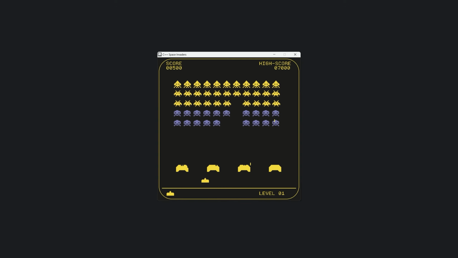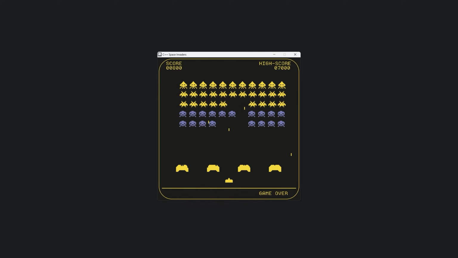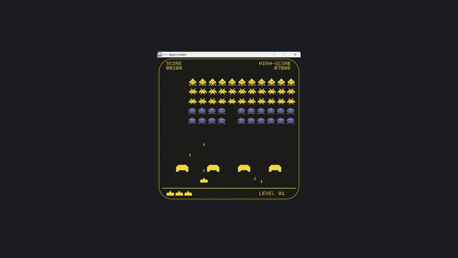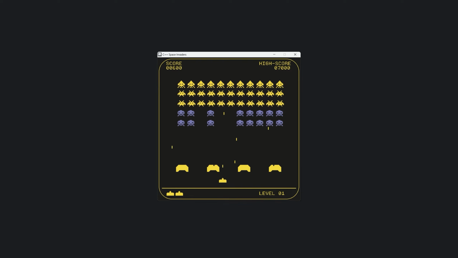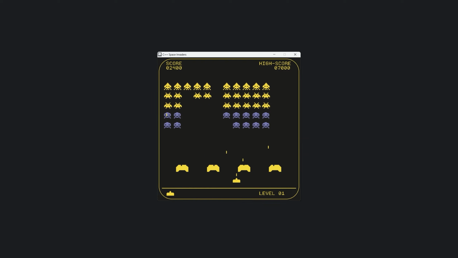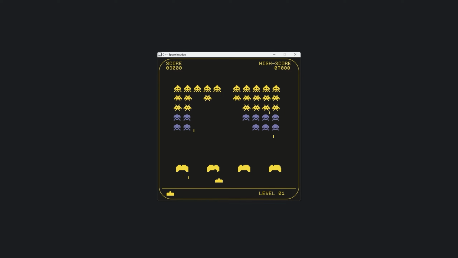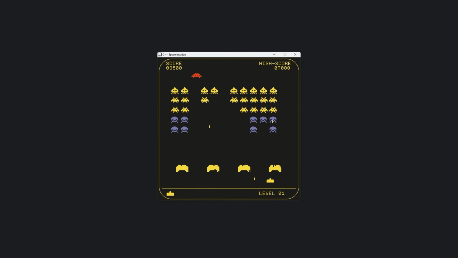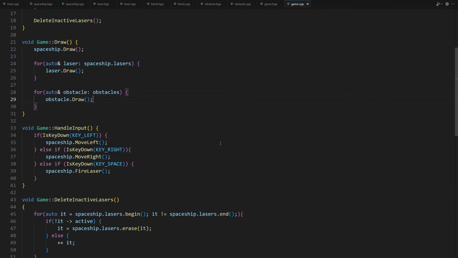Now, let's move on to step number 5, creating the aliens. Our game is designed to have 5 rows and 11 columns of aliens. All of the aliens move collectively, either to the left or to the right, occasionally firing lasers. When they reach the edge of the game window, they change their movement direction and shift slightly downwards, progressively increasing the game's challenge. Let's implement this functionality.